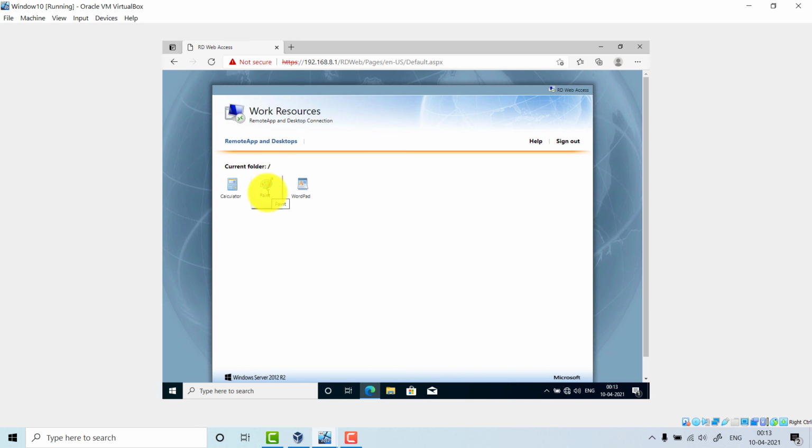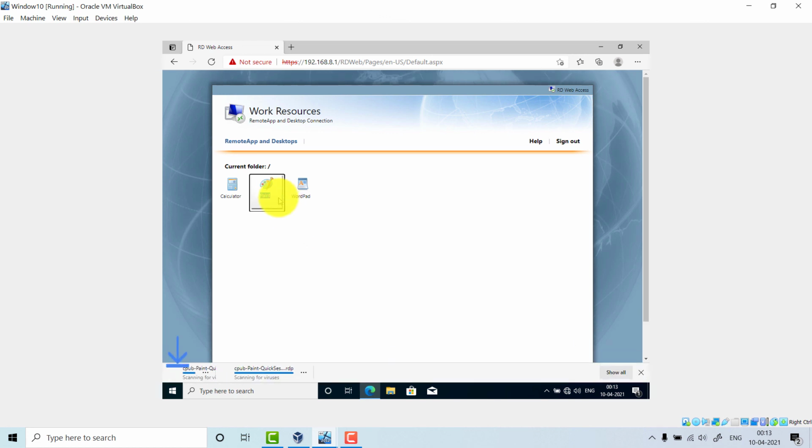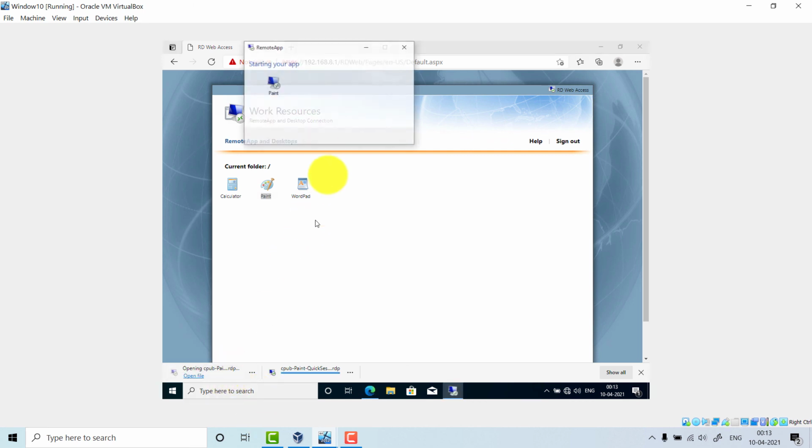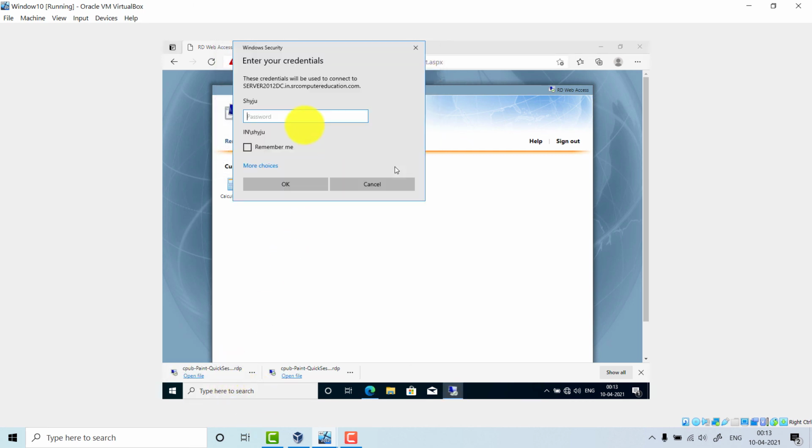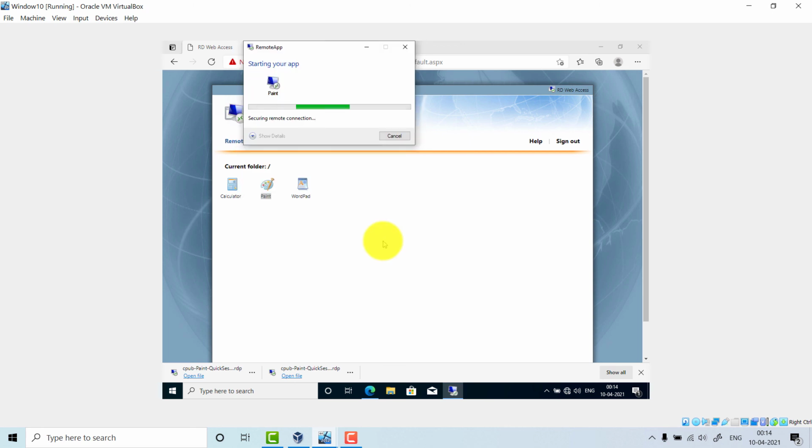Now let us check whether our problem is solved or not. Double click on Paint. Go to here and try to open, connect. Give the password again. Check whether it is okay. I have made one mistake here. It is college2@123. We should have restarted the machine. Let's see if the problem is solved or not. Otherwise, we will restart the machine. Hopefully it should work now.